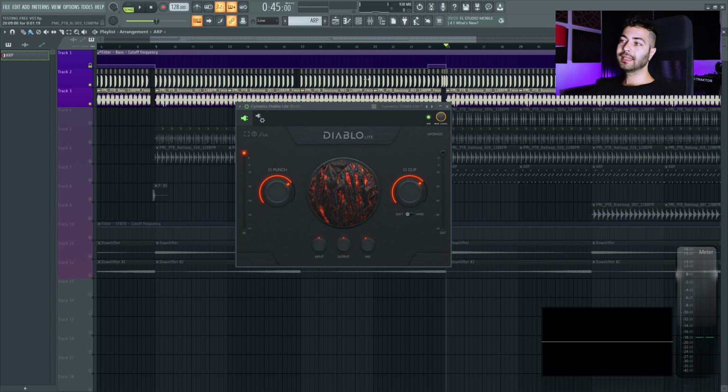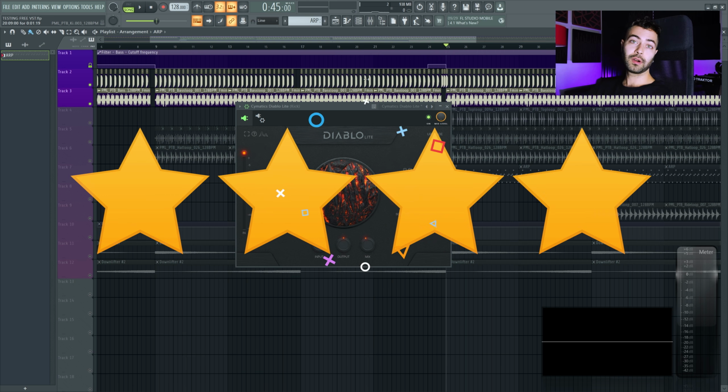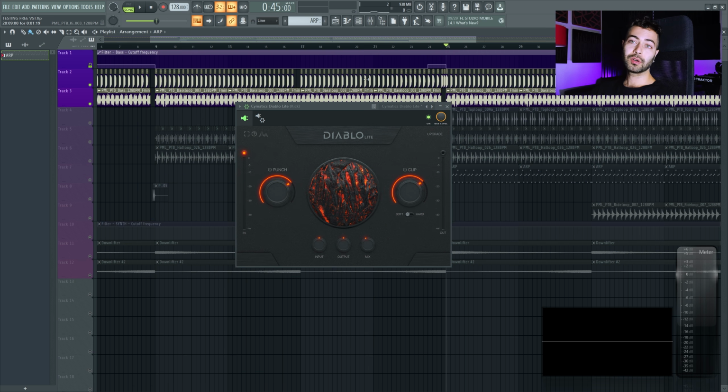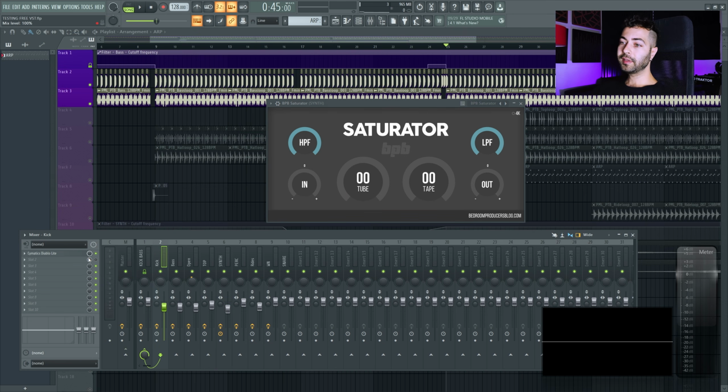So yeah, I think I can give this plugin 4 out of 5. If the hard clip mode is easier to use as the soft clip, it could get a 5-star from me, but yeah, 4 stars goes to this plugin. Okay, I'm gonna keep the Diablo on my kick, and the next plugin I'm gonna test is the Saturator from